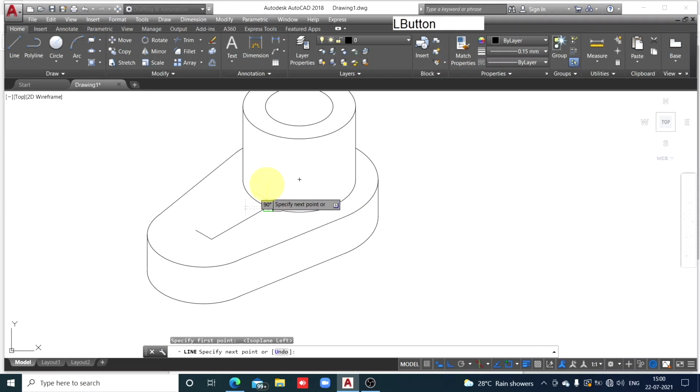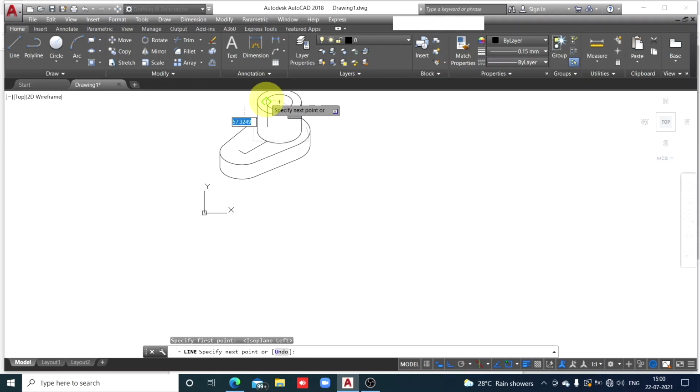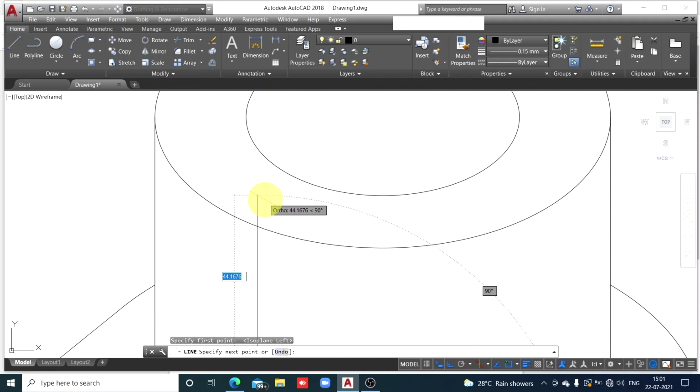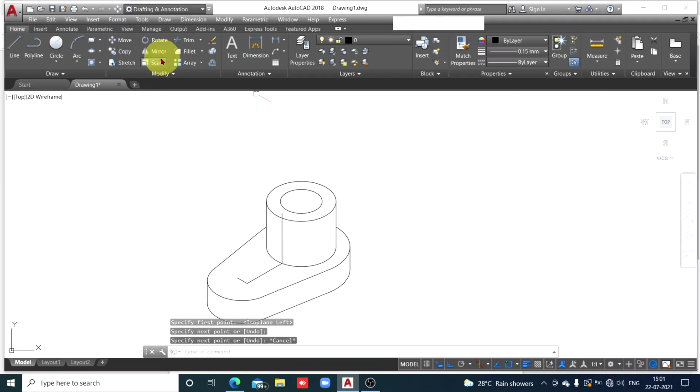So now from this point up to the cylinder, enlarge it and draw a slightly longer line, and that extra portion we can erase afterwards. Or the height of the cylinder is 40, so you can type 40 in the command bar and enter, that you can also do. Okay, so now I'll trim it,